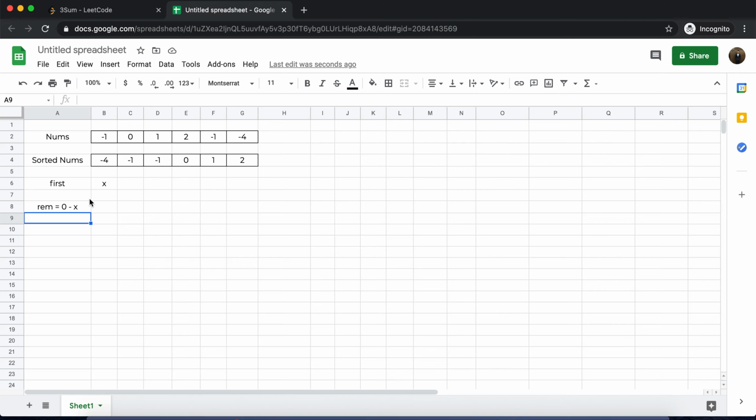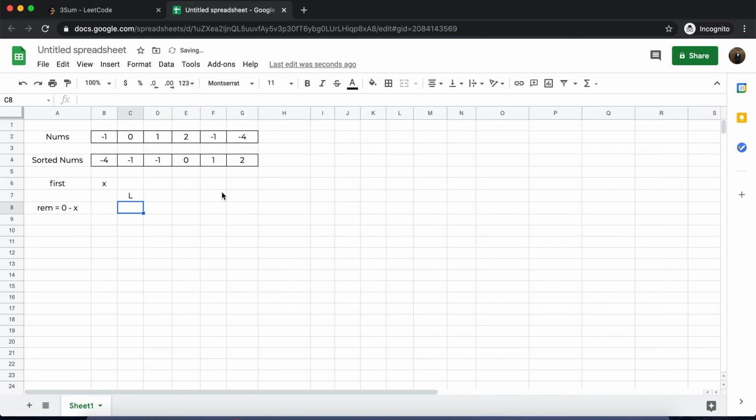Okay, now that is great. What we have essentially done is fix one number and convert this problem into a two sum problem. The two sum problem is basically finding two numbers from the remaining array which add up to this remaining target. In the two sum problem, because the array is sorted, we can apply a trick. We can use a two pointer approach, with left and right.